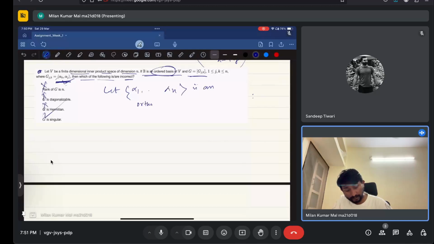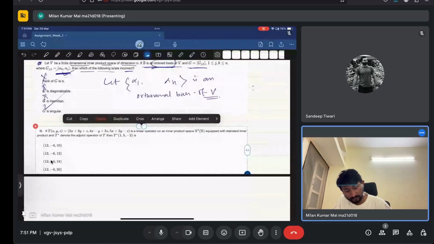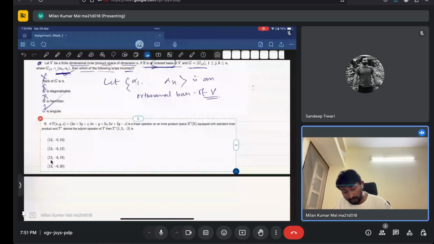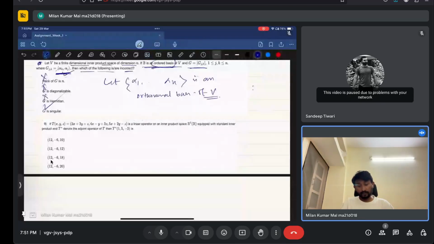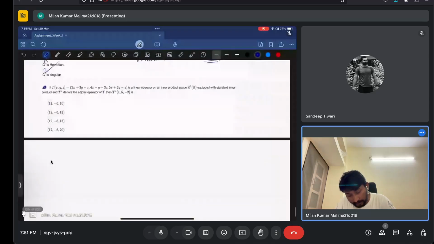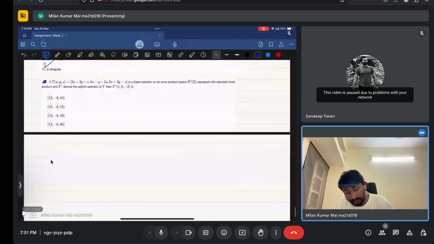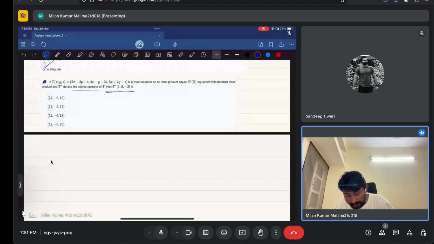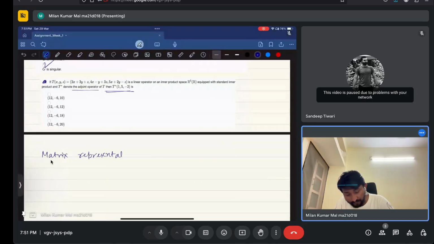Okay, let us go to 9. What it is. So what problem 9 says is that let T of x, y be given this way, a linear operator on an inner product space with the standard inner product. Okay, this is very easy. T star denotes the adjoint of T. Then what is T star? So the matrix representation of T with respect to the standard ordered basis